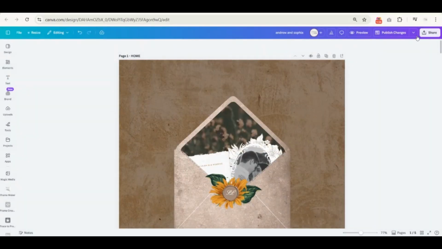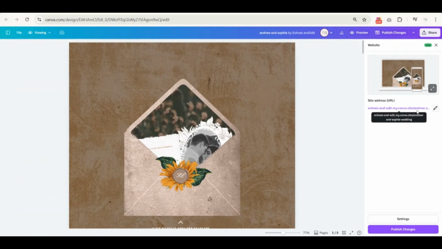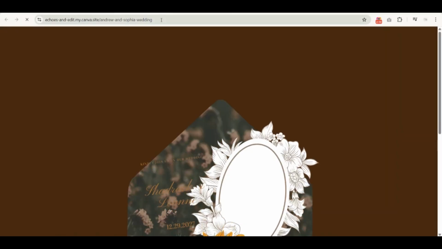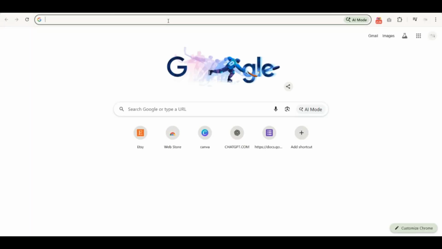You can click the arrow down here and click this one. It will bring you to the website we've created, and then copy the URL here. Copy the URL, and this URL you're going to send via Gmail or via chat to your guests. This is the link. For example, I copy that one and then I paste it, and here's your